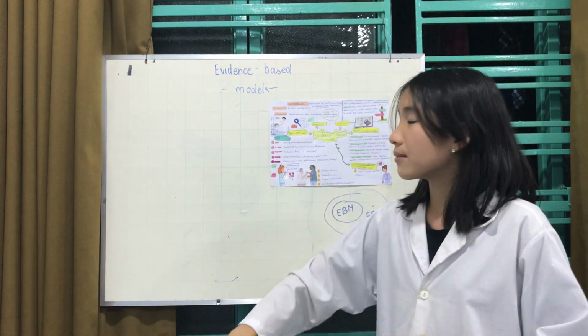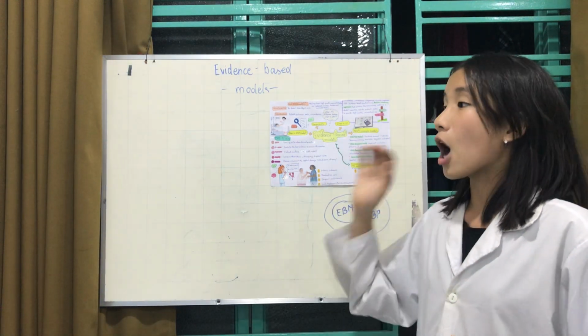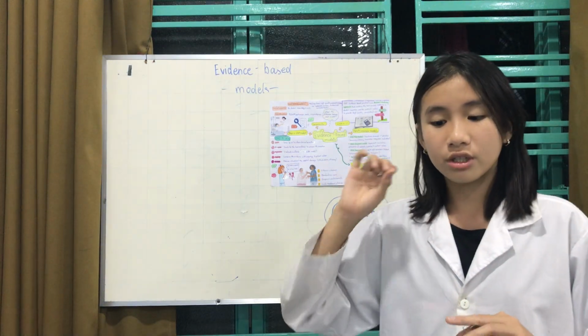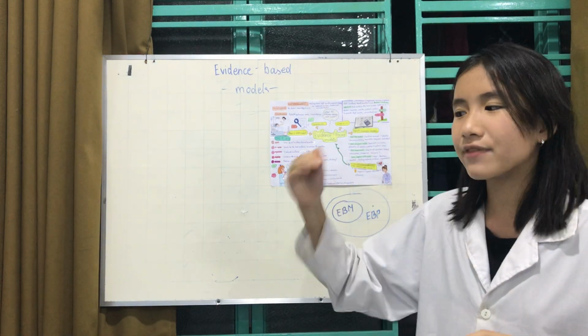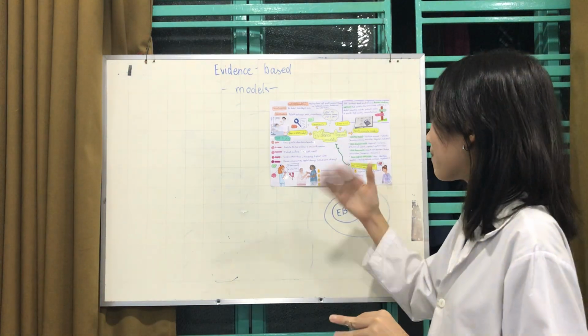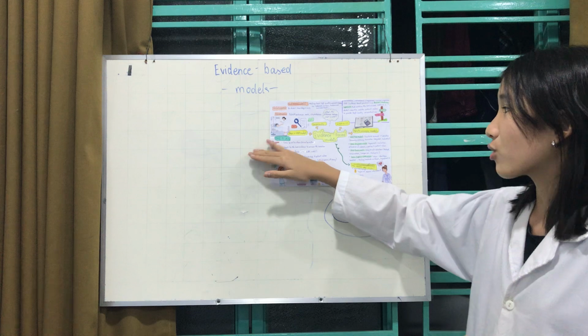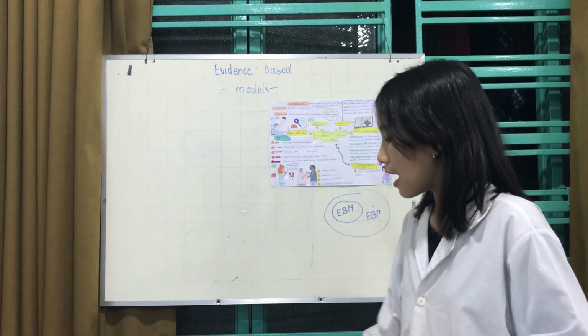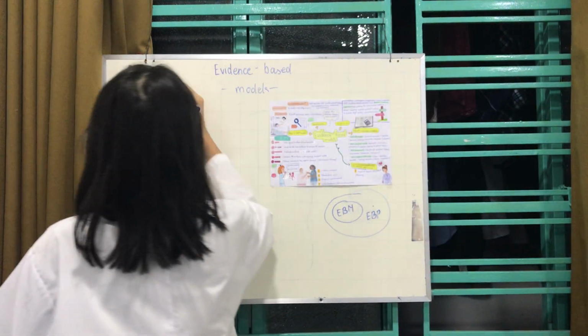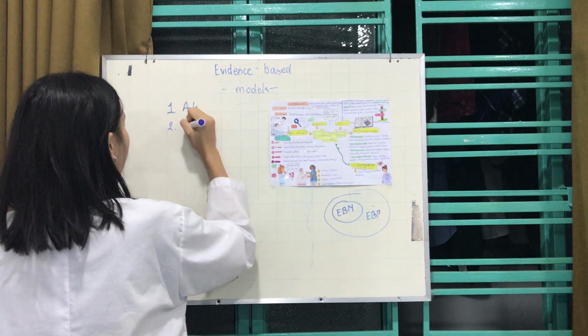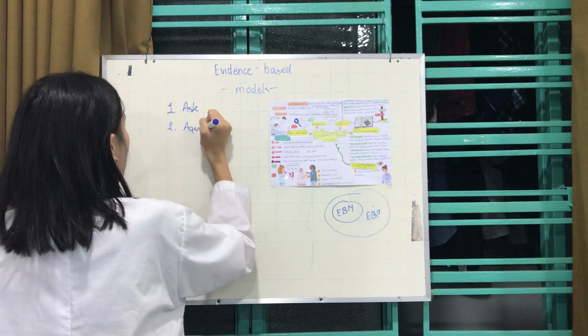The second step is acquire. So acquire is acquiring information, which is searching for the best evidence available, searching for the best study, best high quality research possible to answer the question that we have just come up with in the ask step. So the first one is ask. The second one is acquire. The third